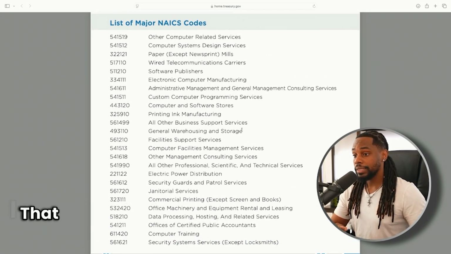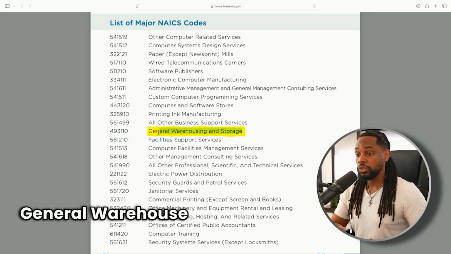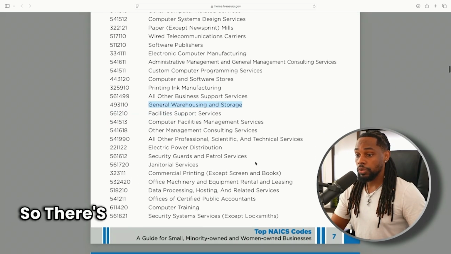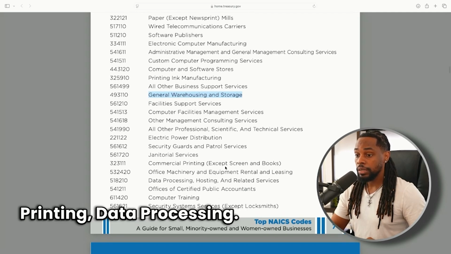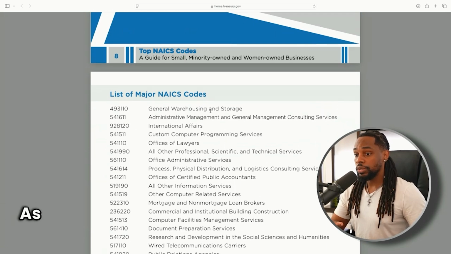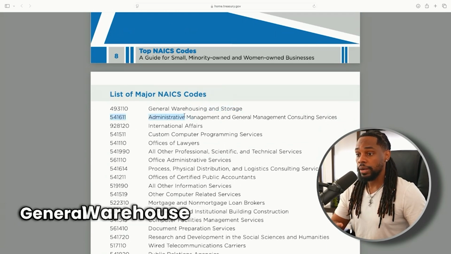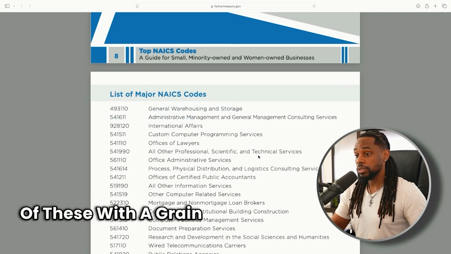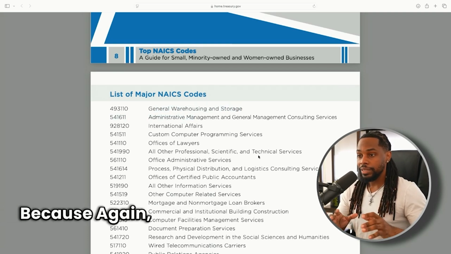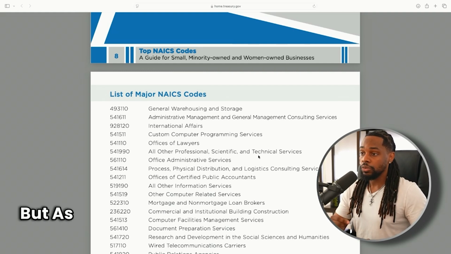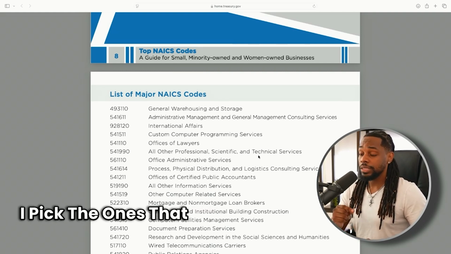There's also one that I see a lot, general warehouse and storage. You'll probably see this one very, very often. So there's commercial printing, data processing, just a lot of things that you'll know are very, very low risk. As you can see, again, general warehouse and storage. And again, I would take all of these with a grain of salt because it depends on who the lender is. It may get scrutinized,